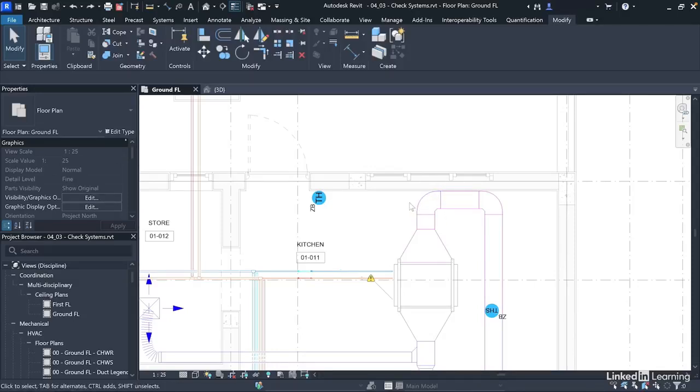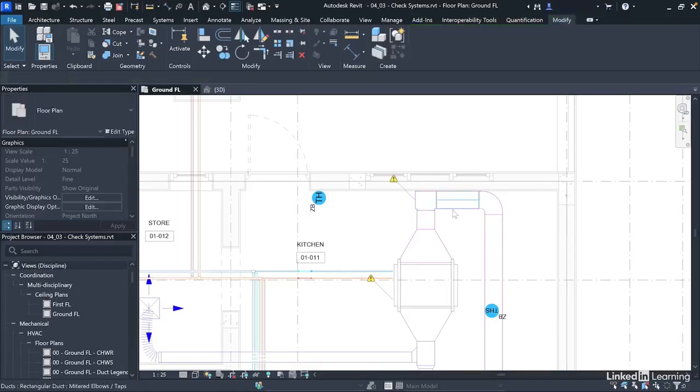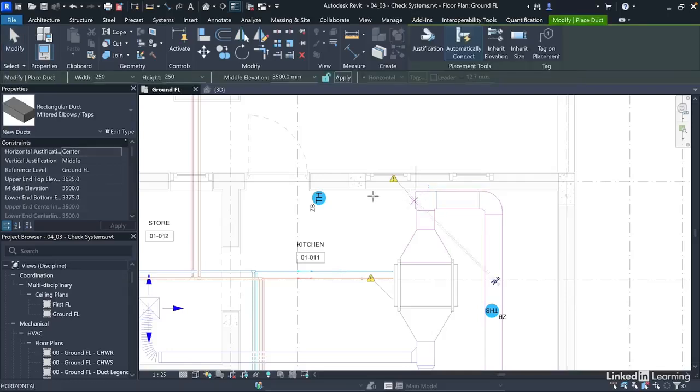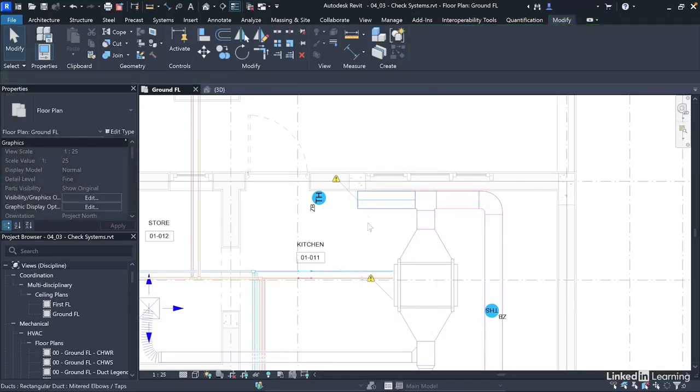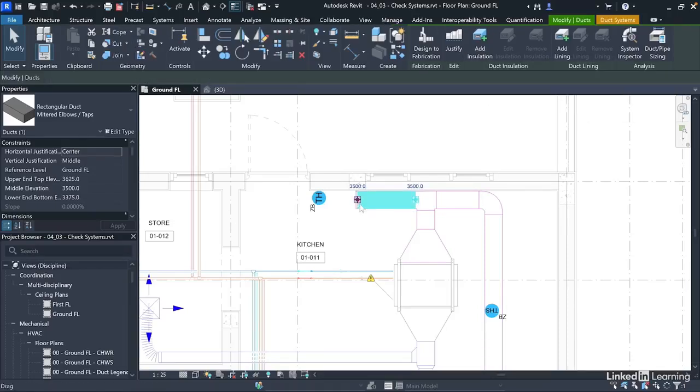Then you can also have some scenarios where it flags ducts or pipes that have open ends. So let's say, for example, I need to extend this duct all the way to this place. So I can convert this to a T, and then I create a similar duct, and then I extend this to this place, and then I forgot to close it up. So when you have scenarios like this, when you select a pipe or duct that is unclosed, you find this Cap Open Ends option here. So when you click on this, it will actually close up that open end.